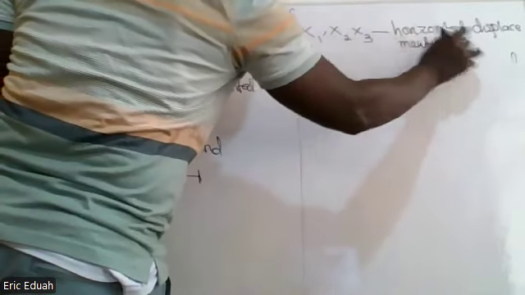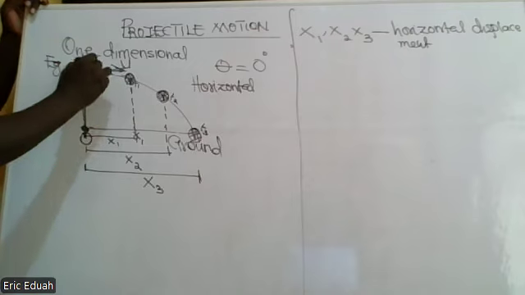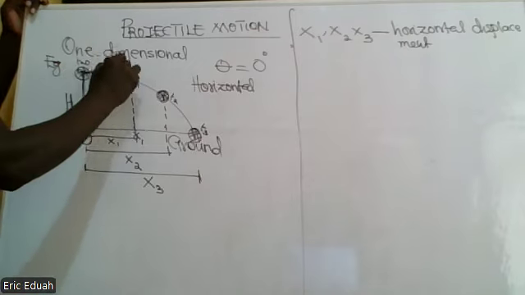Horizontal displacement. Then equally, there is a vertical displacement. Vertically, this is its reference point. This is its position above the horizontal or the ground. As the body goes, we realize that at T1, the body seems to be displaced vertically by this margin,